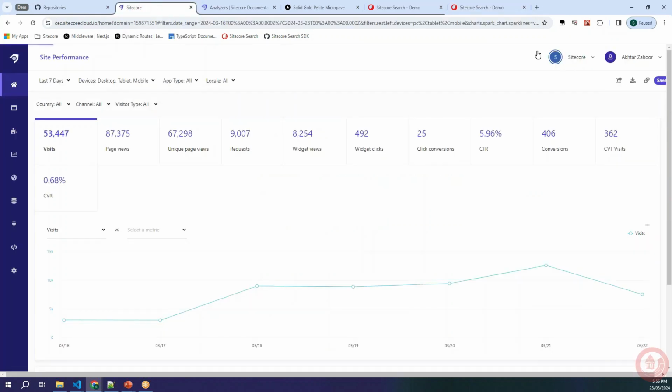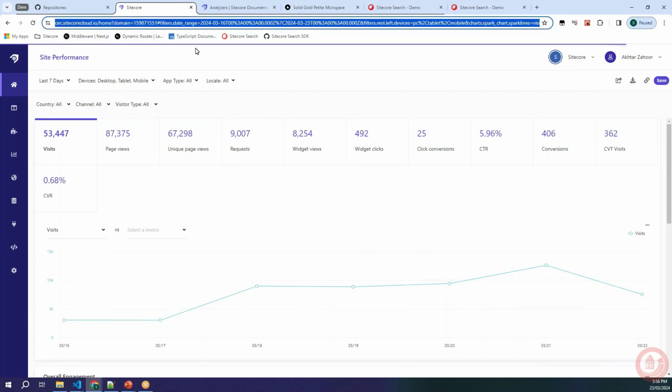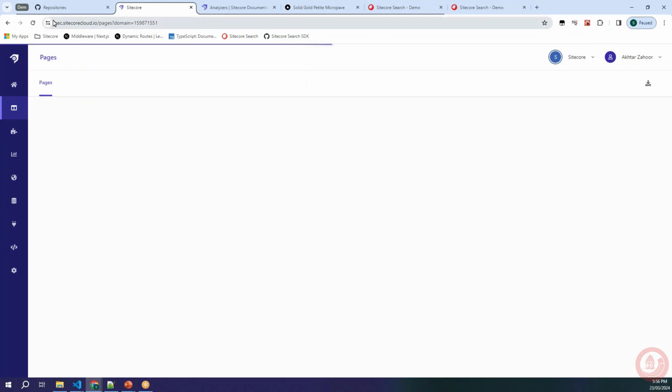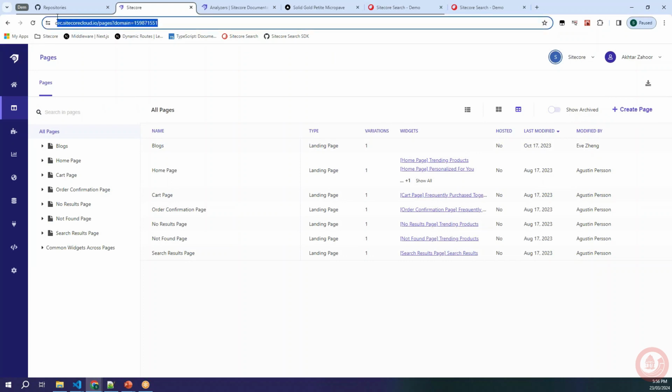So at this point, if I go into the CEC, this is the console. I have already logged in here just to save a bit of time. If you are new to Sitecore Search and you start developing, either you will get a client environment that you can use for development, or you will be able to get a sandbox from Sitecore. Once you get a sandbox, you will get access to something like CEC, .sitecorecloud.io. This is being changed as we talk, so don't be surprised if you are getting access through the Sitecore Cloud portal,